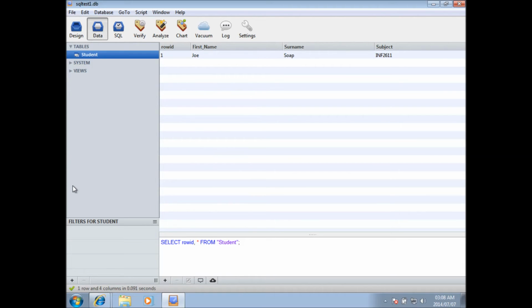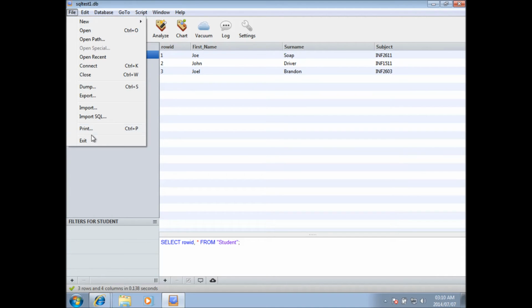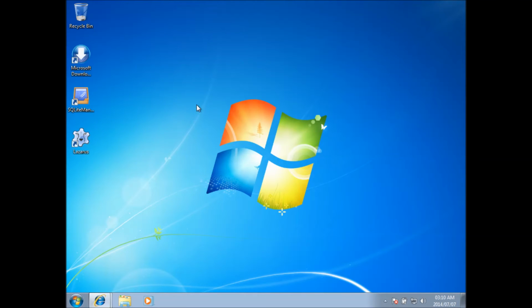So I'm going to pause the video while I add another 2 extra rows. As you can see, I've come back, I've added my 3 students. I've given them their first name, surname, and I've added their subject. This row ID is auto generated by SQLite in order to keep the information in it unique. So from here I'm going to go to file and exit, and I'm finished using my